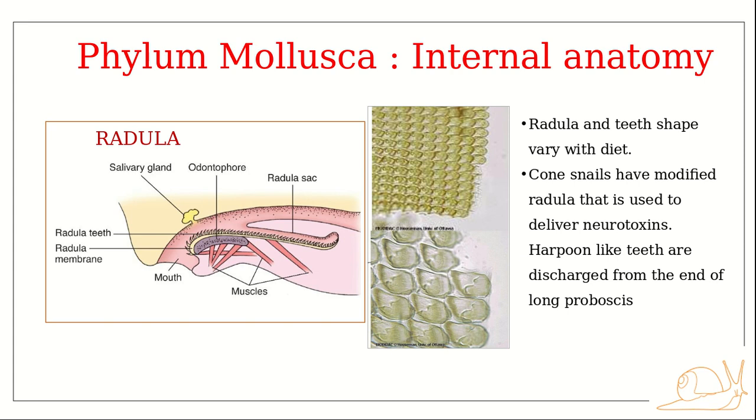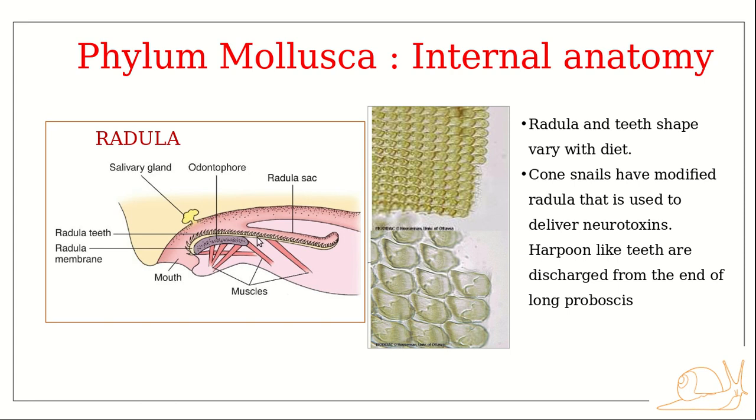Almost all the mollusks except for bivalves have a radula, and you can see this is the structure. The radula consists of a ribbon of recurved chitinous teeth. You can see here it is curved backward, and thousands of such teeth may be present on the radular membrane. So it is somewhat like recurved teeth placed on a ribbon.